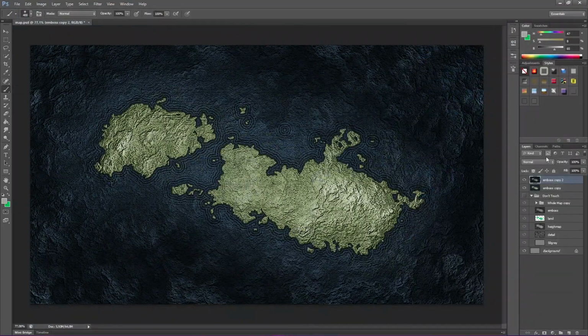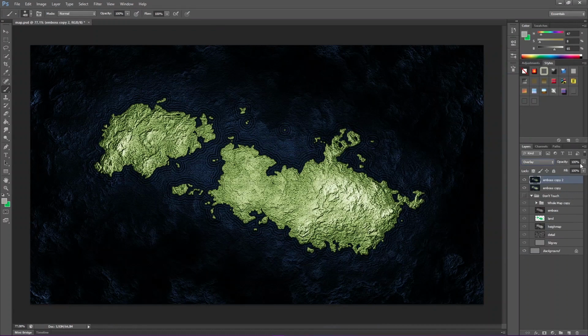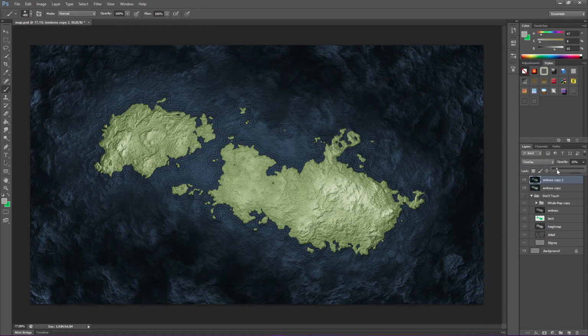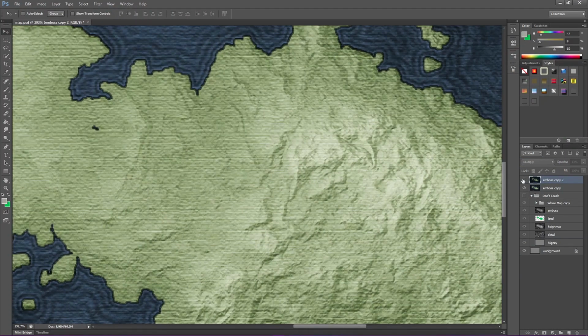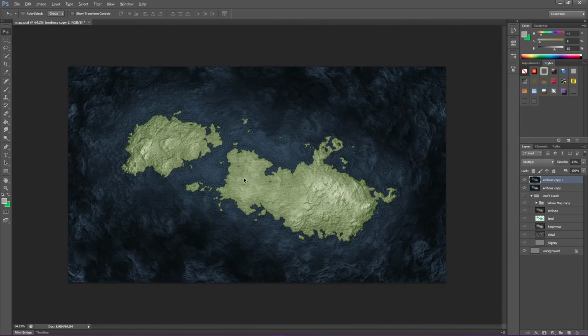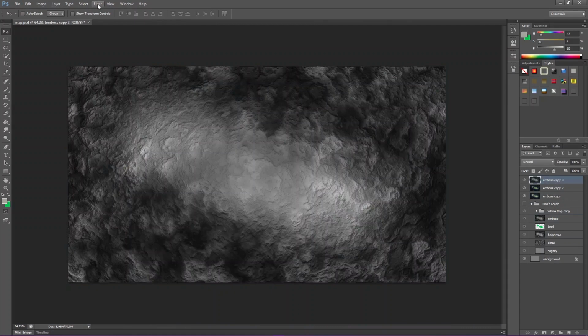And then what you do is you can also do your overlay, and then very subtly, even if you want to multiply, you're going to get a lovely effect on top of that. It just gives it that little bit more stylization. Another thing that you can do is you can bring your emboss layer, Filter, Other, High Pass.